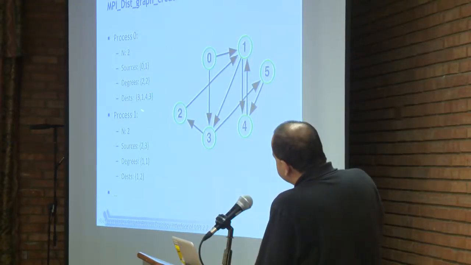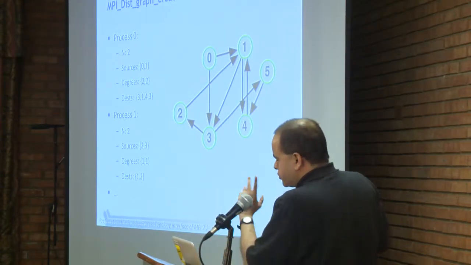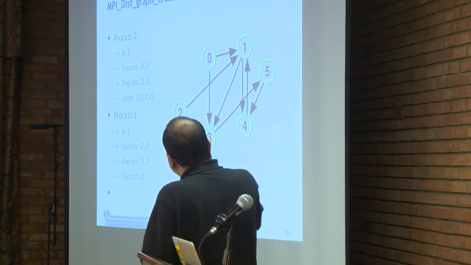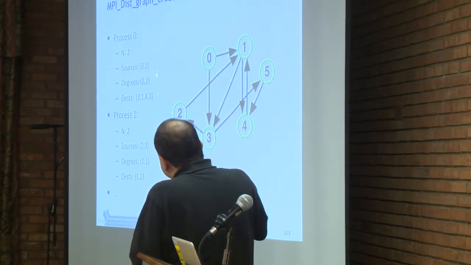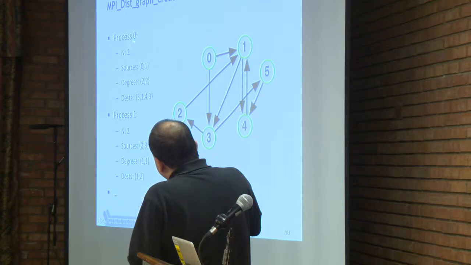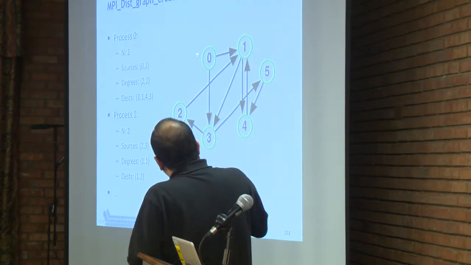Then I think in this example, if there's no mistake, rank 0 specifies this and rank, oh no. So this doesn't specify the whole thing. I was thinking that that's all that is needed, but that's not true. This is just showing that rank 0 is now showing what? It is showing